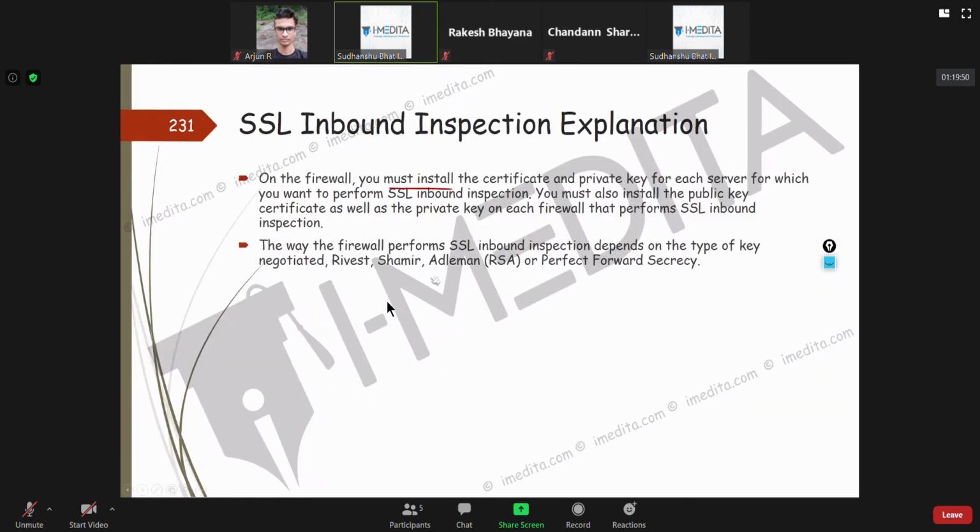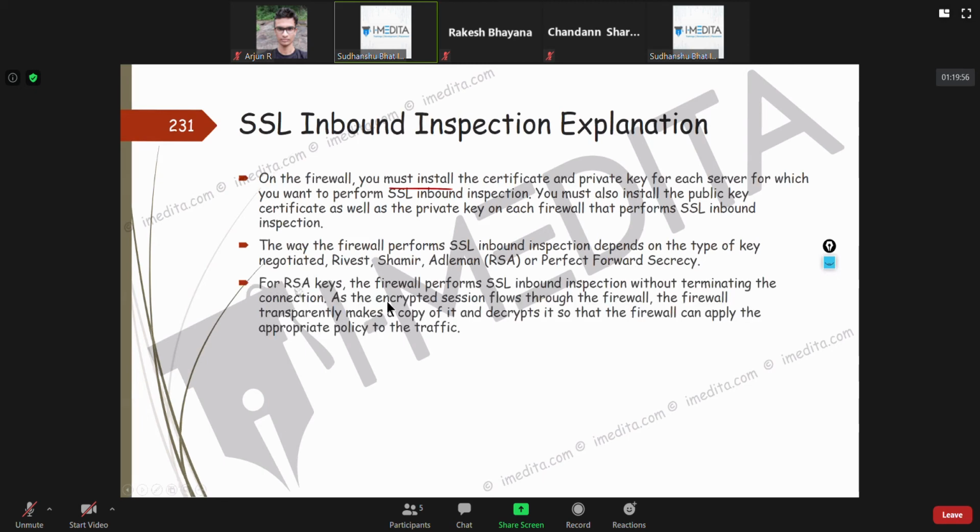And there is one thing called perfect forward secrecy as well. For RSA keys, the firewall can perform SSL inbound inspection without terminating the connection. For RSA keys, it's very easy for the firewall, because it can copy that particular packet and decrypt it.